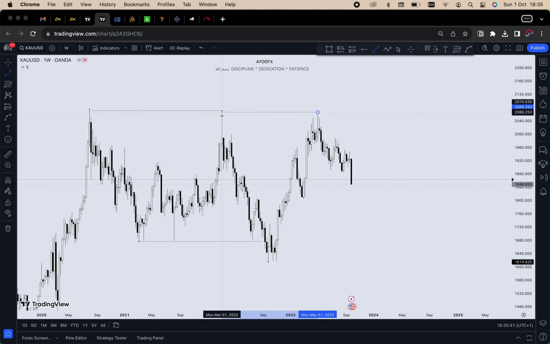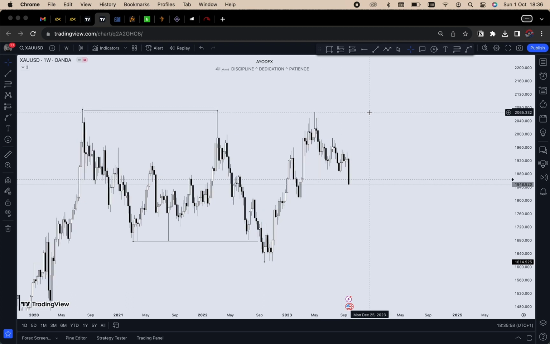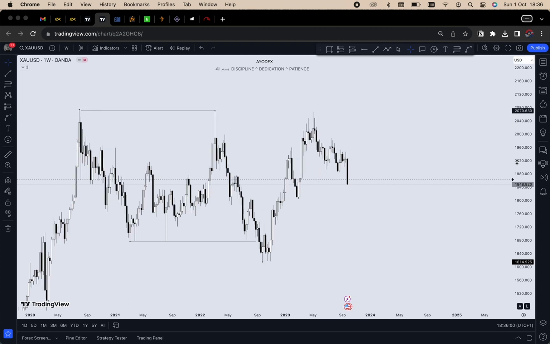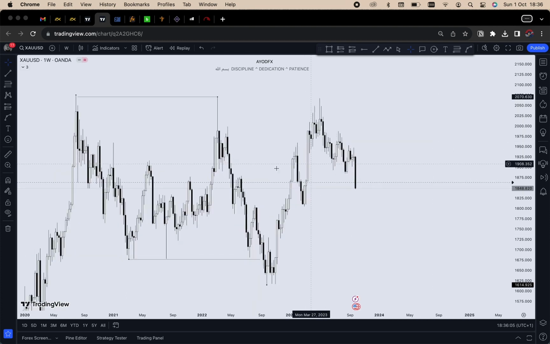Okay, we can see that obviously we didn't retake the high again, which signifies that that high is actually a strong high. Okay, so from here onward, what do we do? There is one thing that I adopt in my trading: it's good to look to the left side of the chart to see what is going on there. Okay, but personally I like to look more onto the right side of the chart